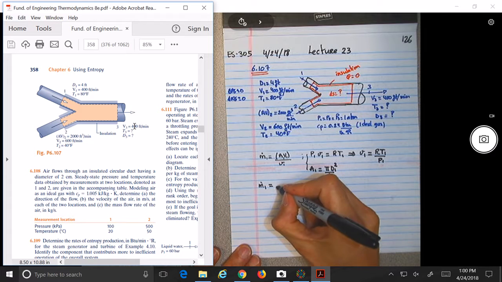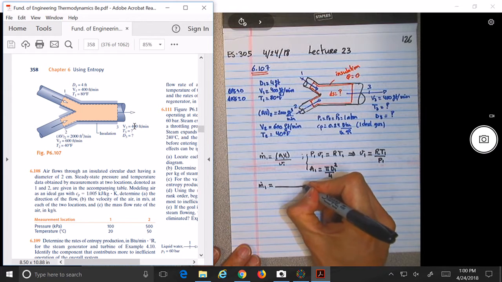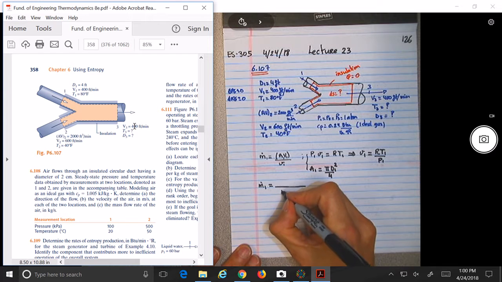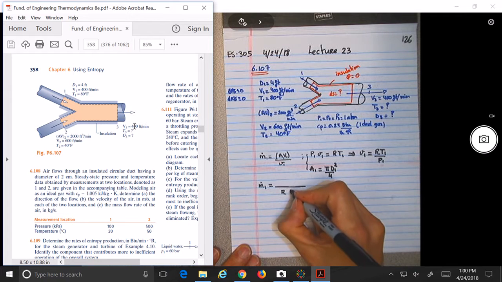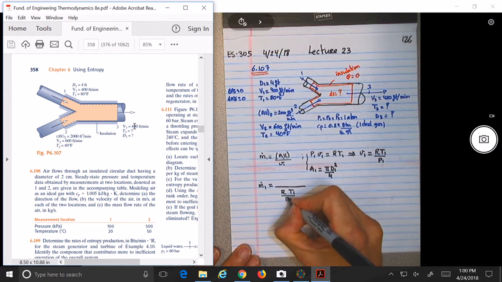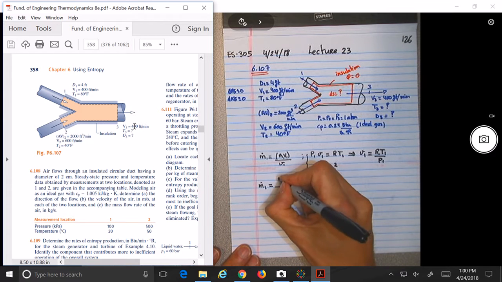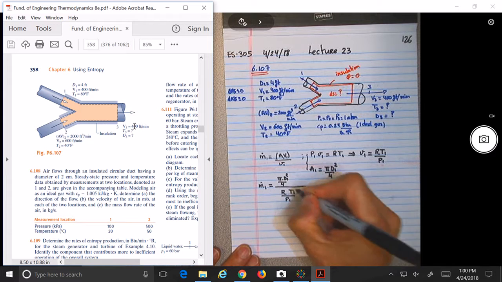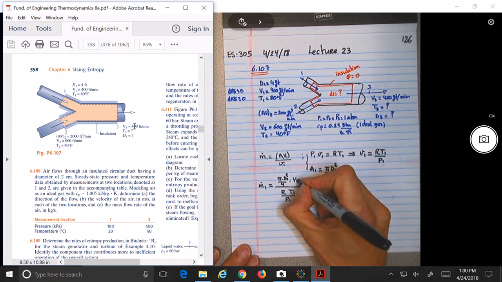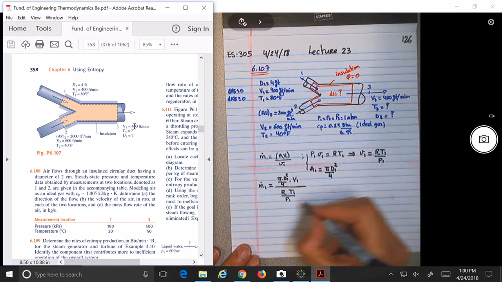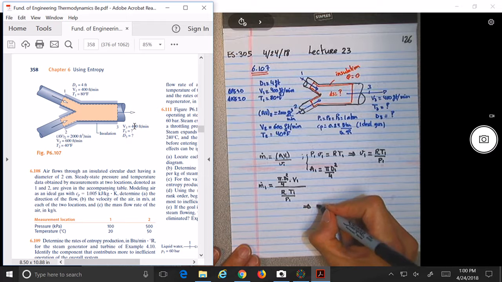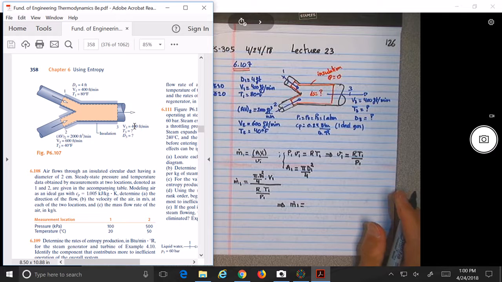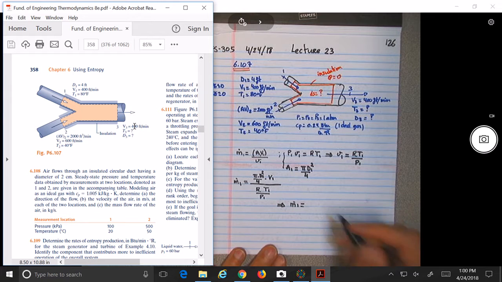So it will be R T1 divided by P1 times pi D1 squared divided by 4 times V1. Is it anything simplifying here? So M1 will be equal to what? Nothing simplifies, but this will be equal to